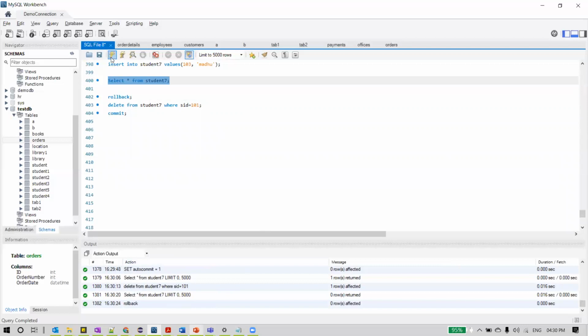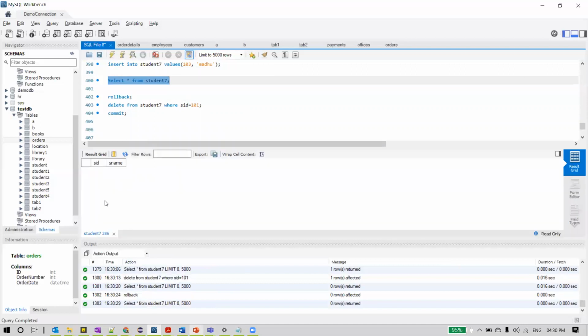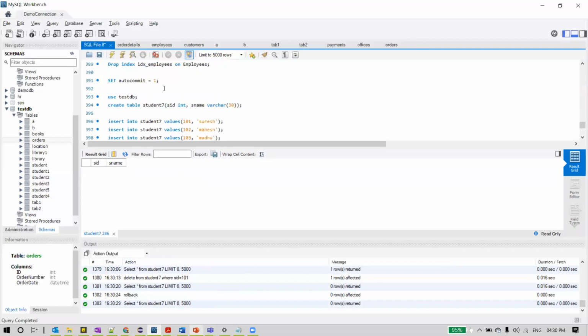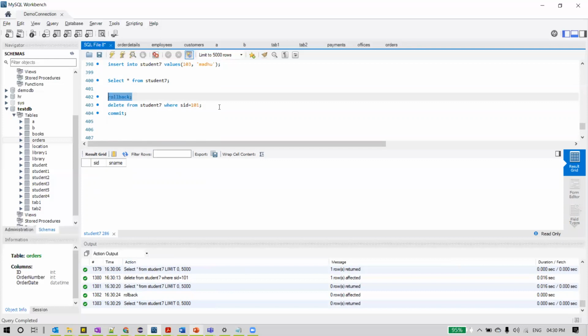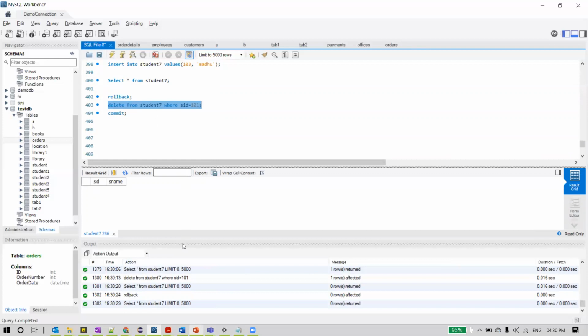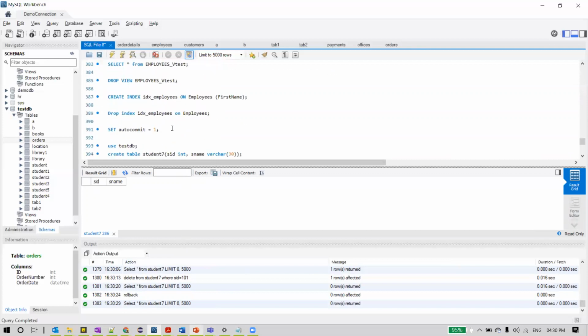But if you execute this, you will not see the data here, even though we didn't commit this. Why did this happen? We set autocommit to 1, meaning we don't have the option of using rollback. MySQL automatically commits this transaction to the database and persists the data. So this is the difference between autocommit 0 and 1.